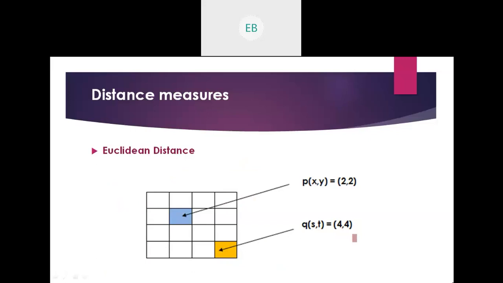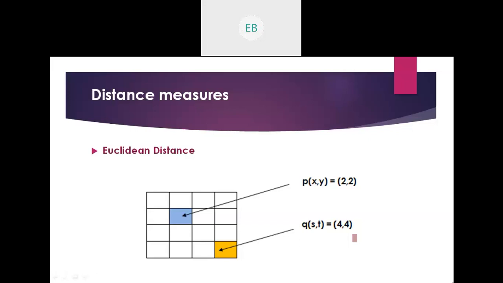According to Cartesian plane, will the downward yellow one not be in the first row? I'm talking about a 4 by 4 image here. Yes, ma'am. Okay, so this is about pxy and qst.